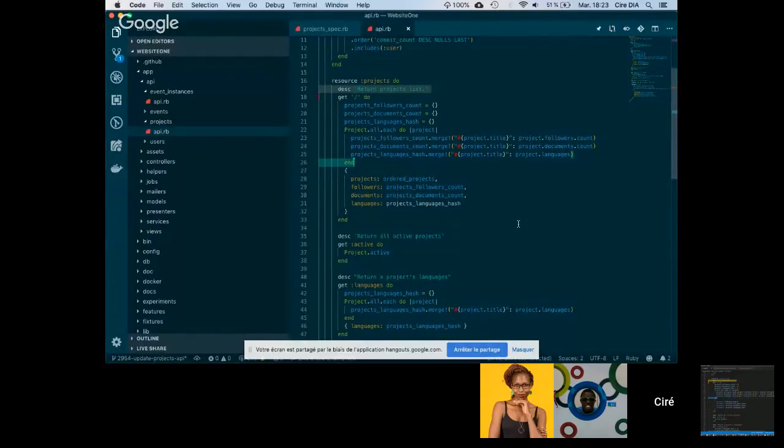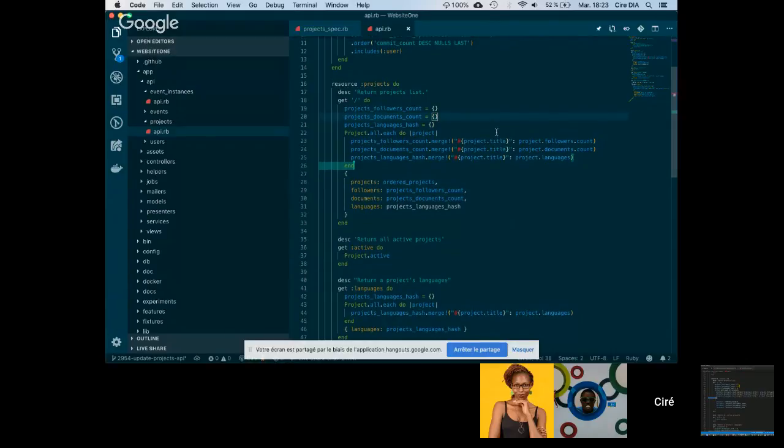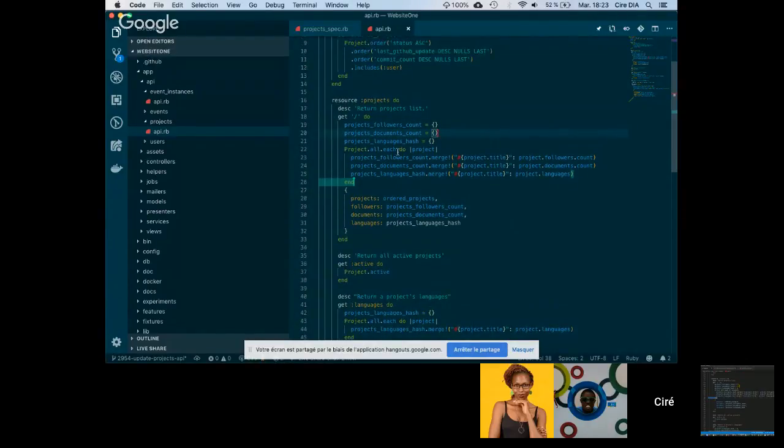Why don't you use includes? Yeah, that's probably a better way of doing it. I don't know if we're talking about the same thing. If a project has a relationship with followers, include will just include all the followers of the project. Yep. We use those a lot in models, right? Yeah, in models. So if you write the test,